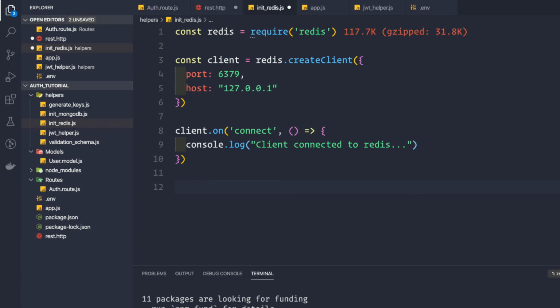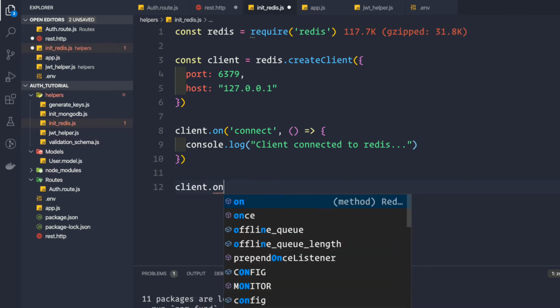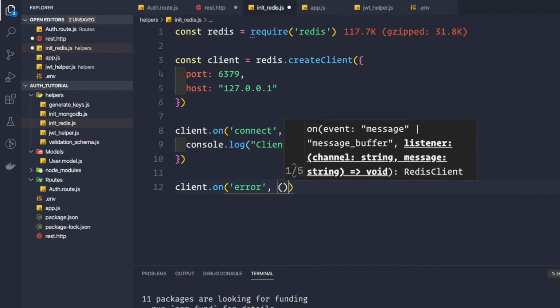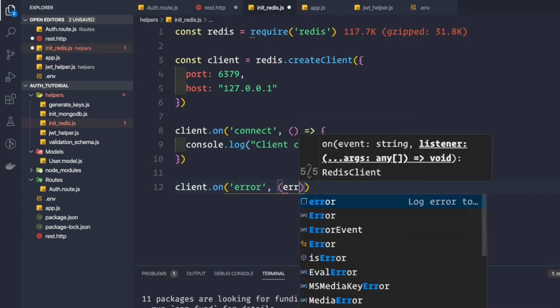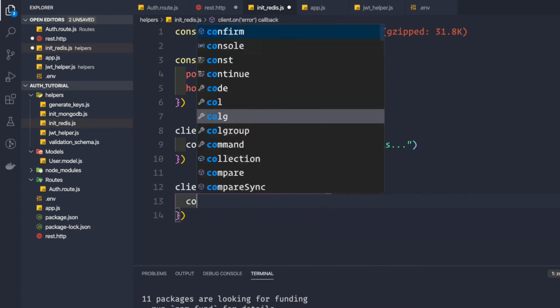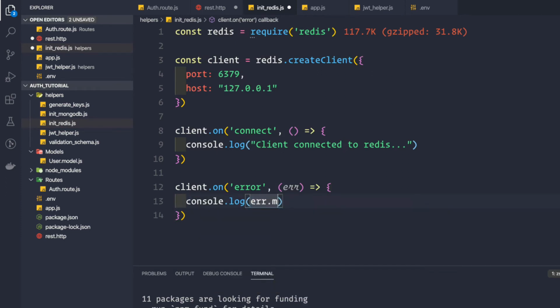Now we have certain more events. There is an error event in case any error happens or your Redis server is unreachable. So this event would be fired, that is client.on error, and this callback function takes an error as the first parameter, and then we can simply log the error message, so error.message like this.